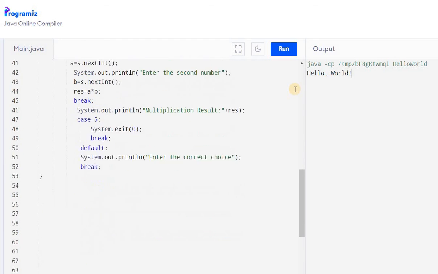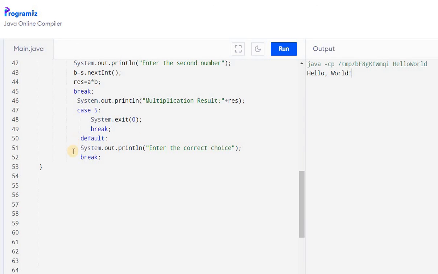you'll be closing the switch. After this default you'll be closing this switch. After that, close this do loop, and here you mention this is do while loop. So the while condition you are going to mention over here: while the option variable op is not equal to 5, which means that as long as you are not pressing 5, your loop will be getting repeated. So option not equal to 5. Now we are going to close the main function, and we are going to close the class.